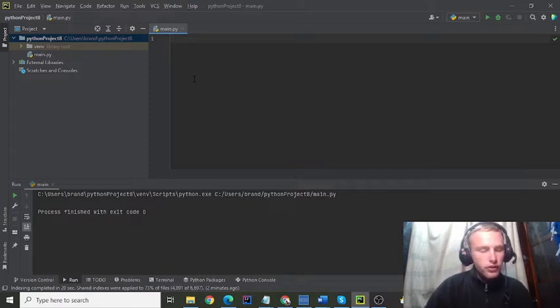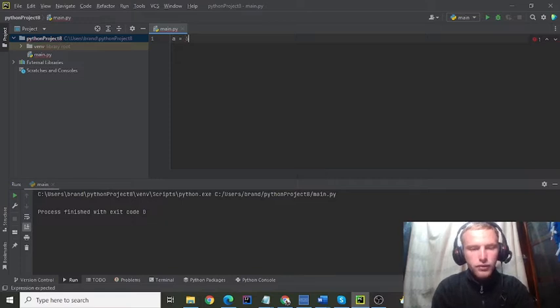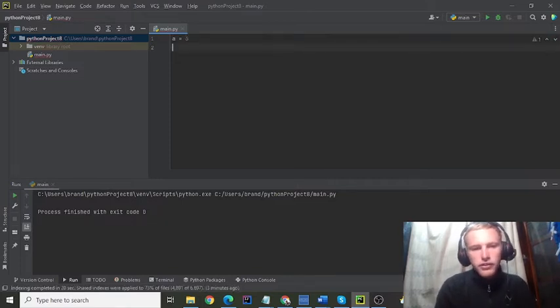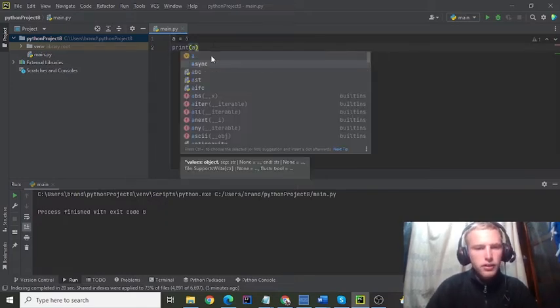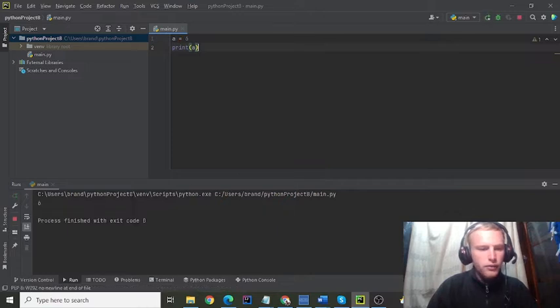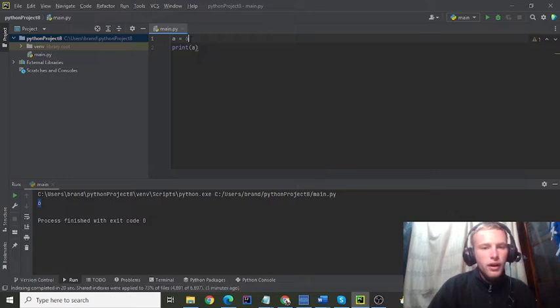Okay, so first let's work with how to define a variable. Let's say, for example, we create a variable called a and we set it equal to 5. That's a simple variable in this case. And if we go ahead and print a, you will see that we get 5 in the interpreter. In this case, we are storing a value of type integer inside of this variable. We can verify this by doing type,